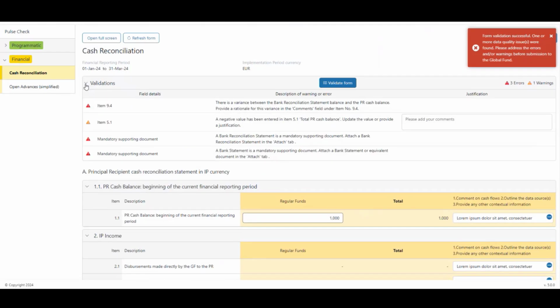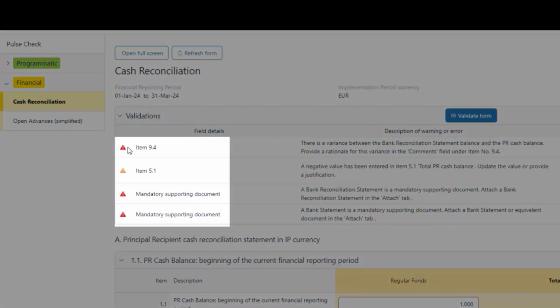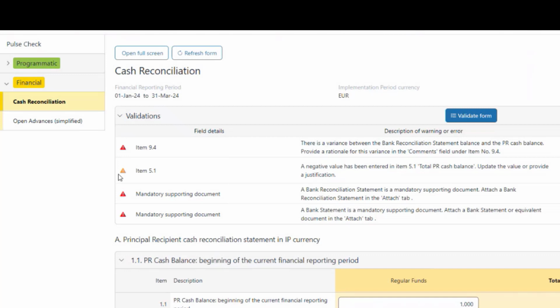When I expand the section, I see that I have 3 error messages with the red triangle and 1 warning message with the yellow triangle. The difference between errors and warnings is that the red error messages will block me from submitting. I will need to change the data that is causing the error to resolve it. Yellow warning messages are not necessarily a blocker. I can either change the data causing the warning, or I can input a justification that will allow me to